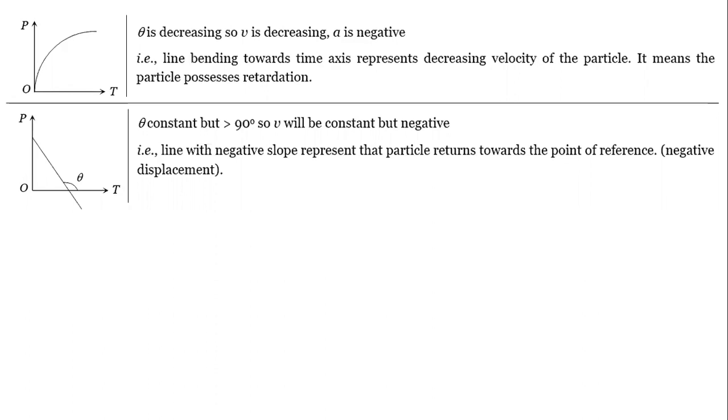And if velocity is negative, that means it is coming back to the original position. So whenever we say the velocity is negative, that means the particle is returning back. So just read the statement which I specified. The negative slope or the negative velocity represents that the particle is returning towards the point of reference. It is coming back to the initial point from where you are considering your displacement.